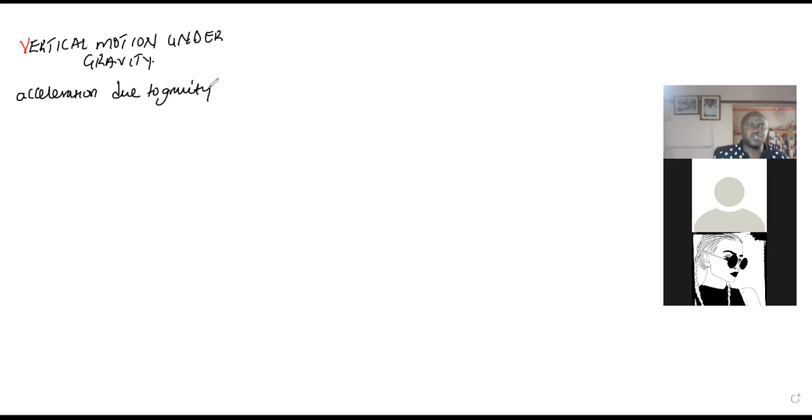And this acceleration due to gravity is normally known as small g, whose definition is